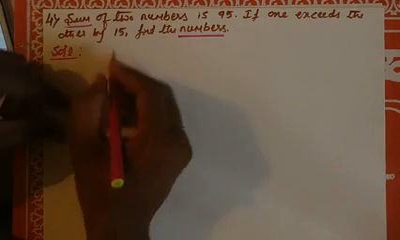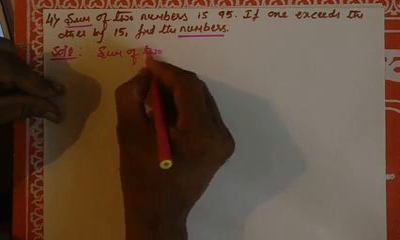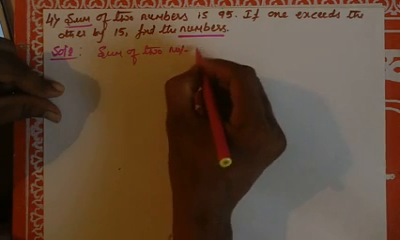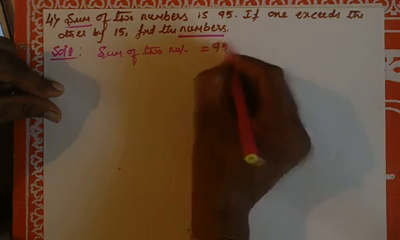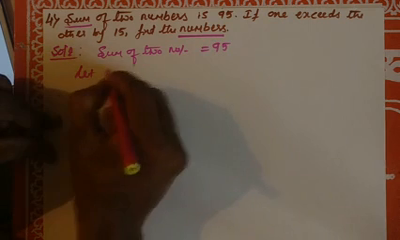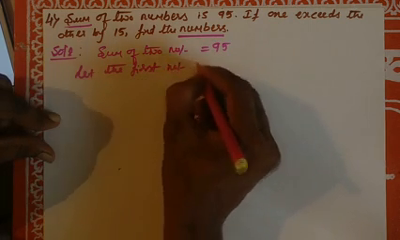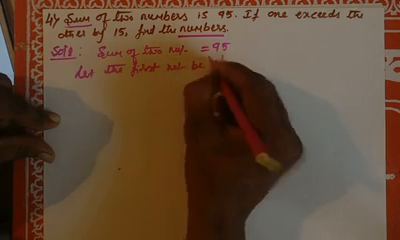See, the sum of two numbers is given: the sum of two numbers is 95. Let the first number be x. Then the other number